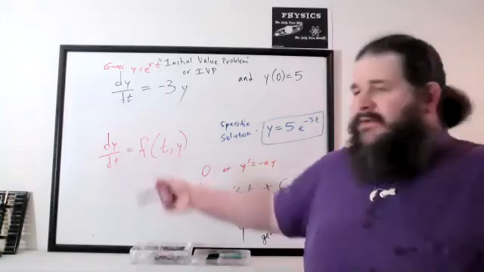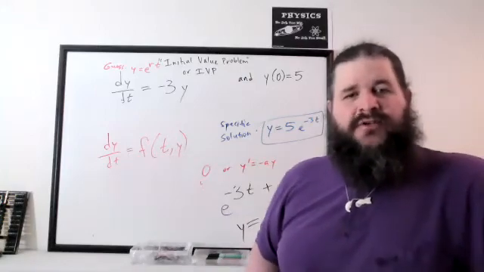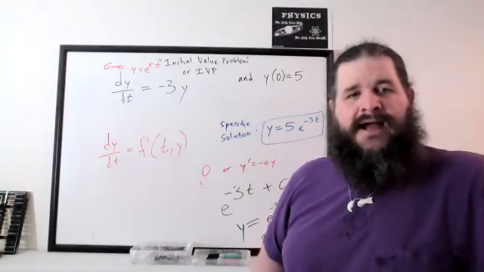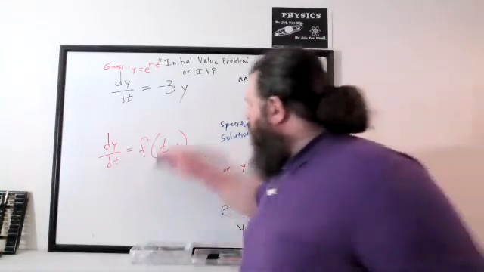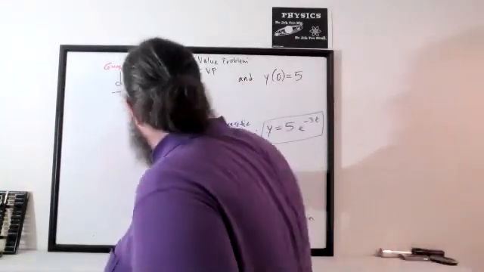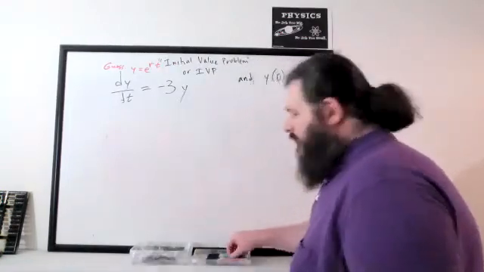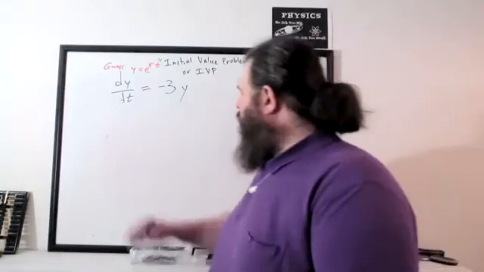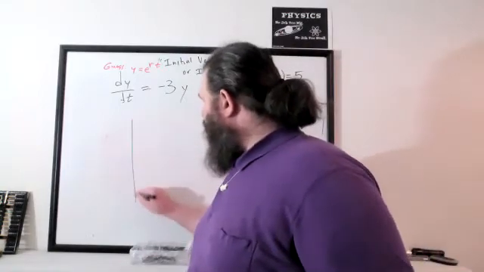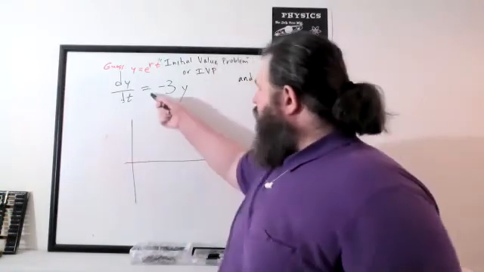So the whole idea of a first order differential equation is it tells you the slope at every point on the graph. We can also show that visually by drawing a direction field. The direction field shows you the slope at every point on the graph. For example, if we try drawing out a direction field for this equation,